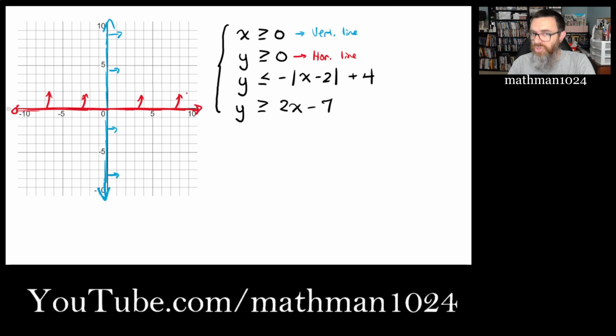So if I were to stop with just these two guys right here, nothing else, my region of commonality is going to be everything that's here in quadrant 1. But we have more things to look at. So this guy,